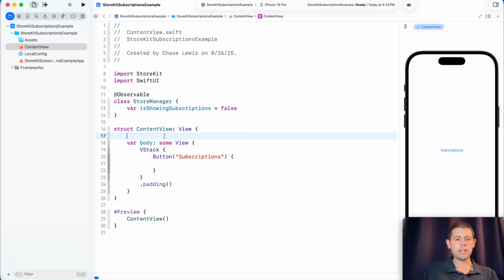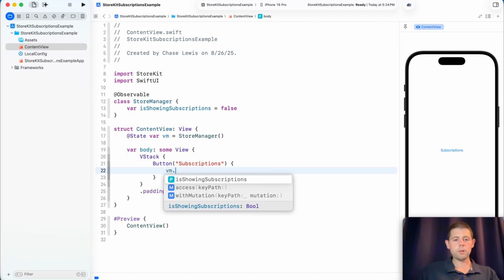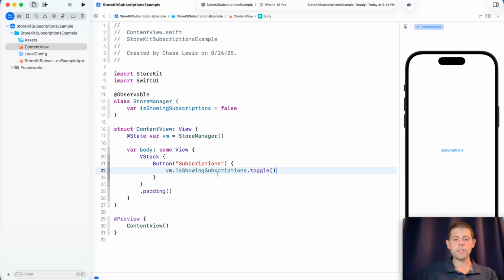Great. And then in our code down here, our view code, we can say @State var viewModel equals StoreManager, just like that. All right, and so inside of our button, we will tell it to toggle the isShowingSubscriptions